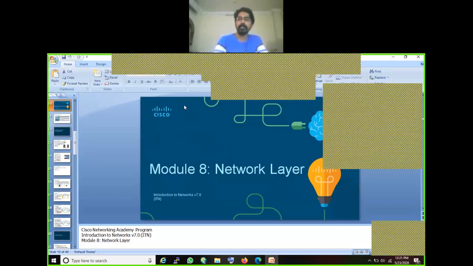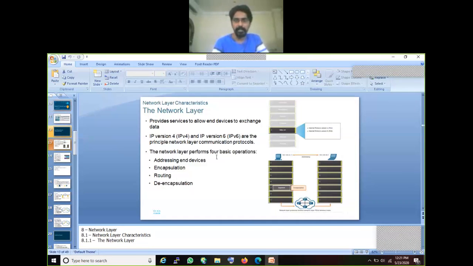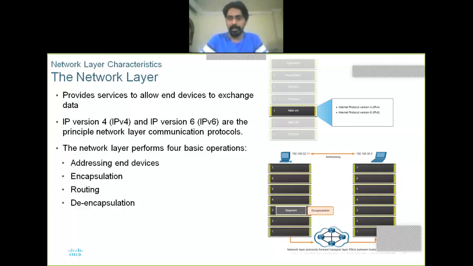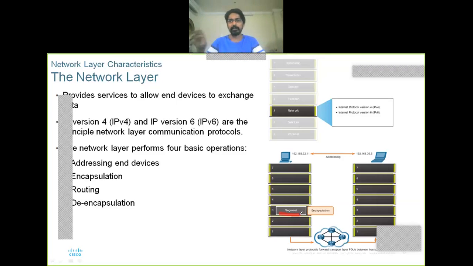Yeah, so network layer. In that network layer, we need to know the characteristics of the network layer. I already learned that switches operate at layer 2, routers operate at layer 3, right? So at layer 3, IP addresses are needed for routing purposes, for sending the data. So here the encapsulation process takes place, which is nothing but segmentation. So keep in mind this word segmentation. Segmentation is the process of encapsulating the data at network layer 3, right?